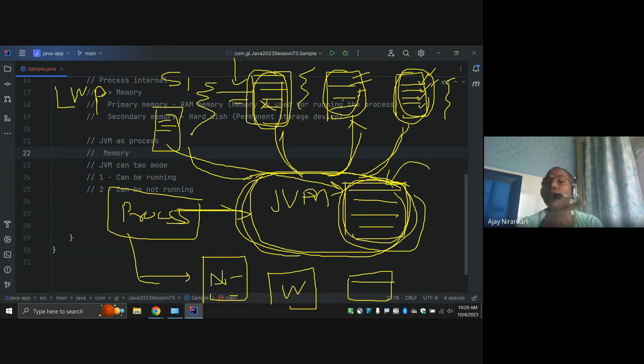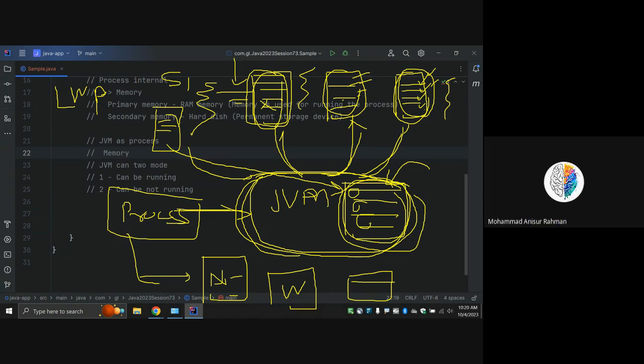Whenever in Java you create a new object, some memory is allocated here, right? Again a new object, again memory allocated, again a new object, again memory allocated. And whatever the operating system allows you as a JVM process, only that memory you can access. If your memory is full and the Java programmer says, hey, create a new string object, it says your memory is full, you cannot create a new object.